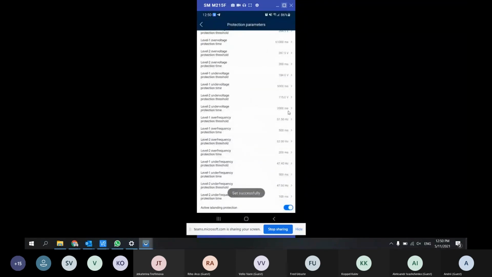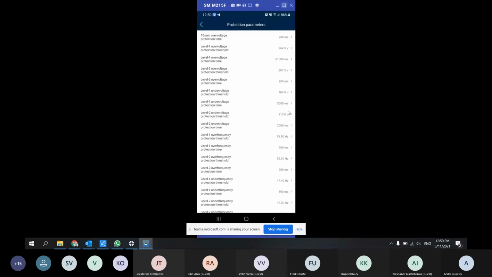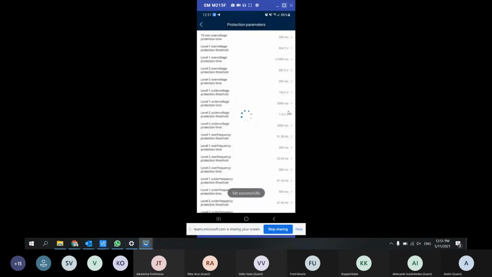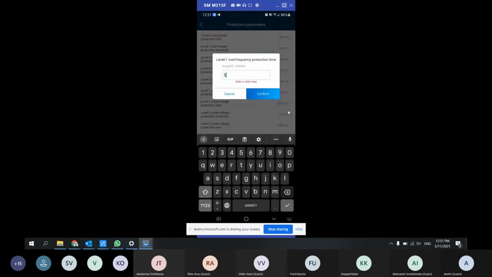Okay, and then level 1 over frequency should be 51.6, again with 100 milliseconds.